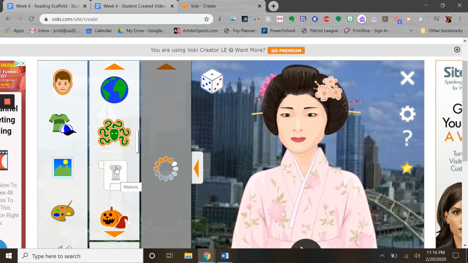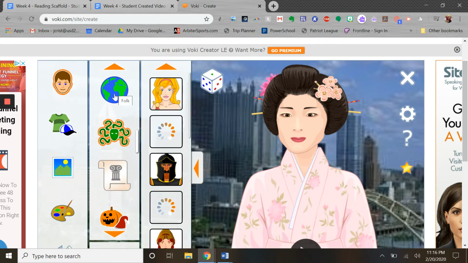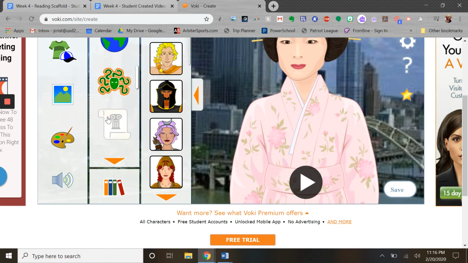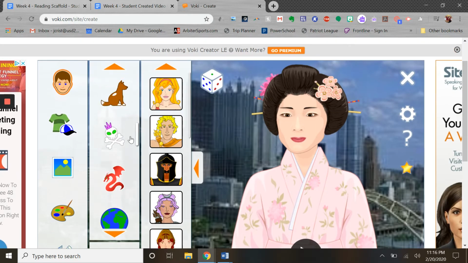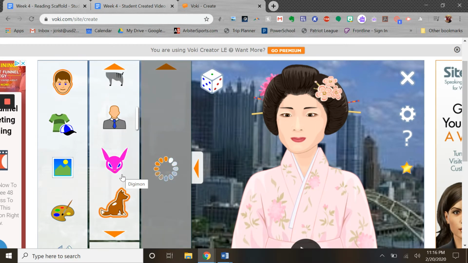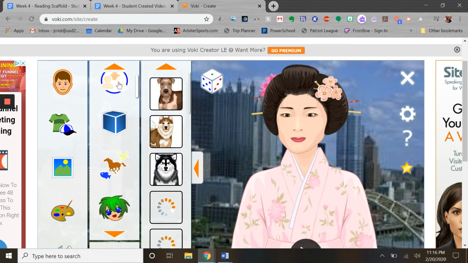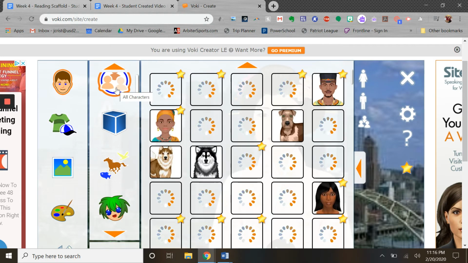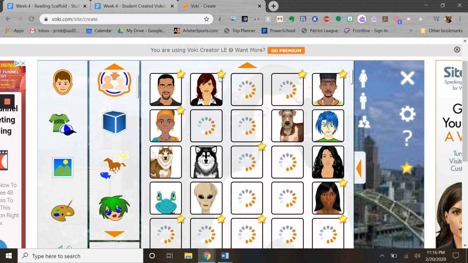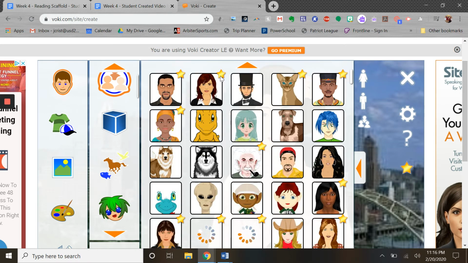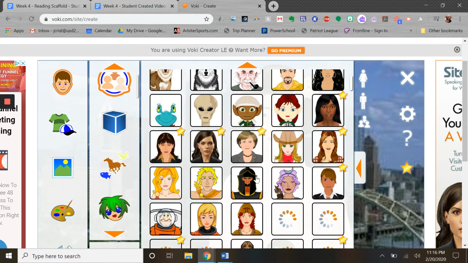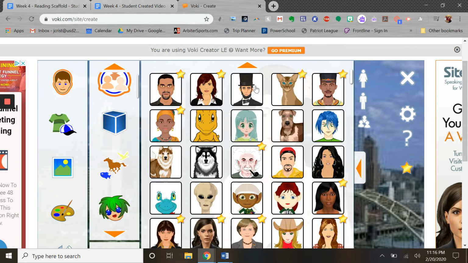There's Greek mythology, there's folk, there's all kinds of different people that are part of the options here. Animals, there's dogs. This one at the top is all characters. What I wanted to show you is that anything with these gold stars near them is considered a premium character. Those are characters you have to pay for, have a license for. So you see there's a lot of different options in here of characters that don't have the premium sticker on them. So let's say we want to do